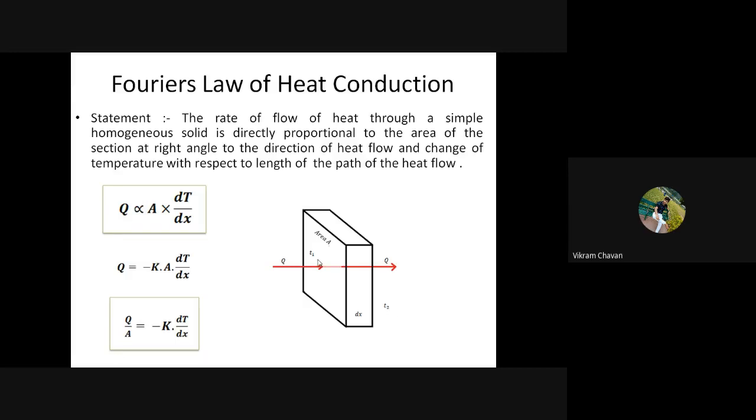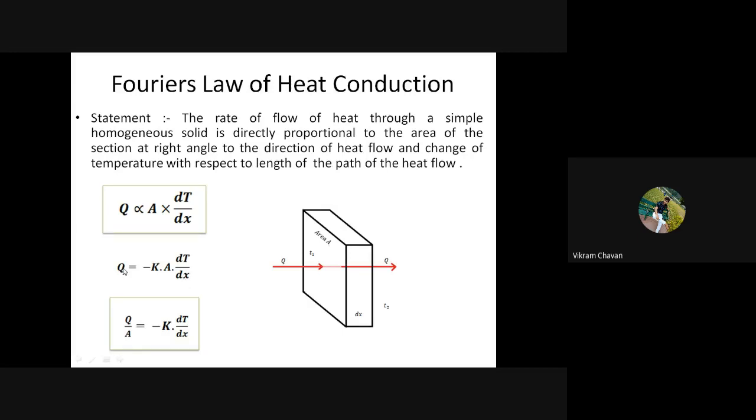To normalize this sign, we have provided the negative sign over here. Inside the dT, T2 minus T1 will be negative because heat is always transferring from the high temperature region to the low temperature region, so we will get this dT as negative. Now to normalize, we have introduced one more negative sign over here. So Q is equal to minus K multiplied by A multiplied by dT divided by dx,